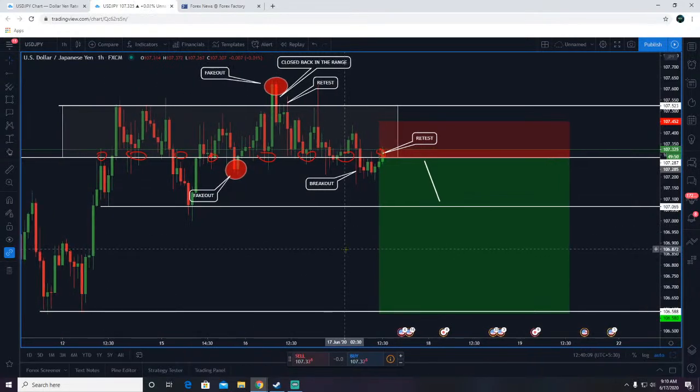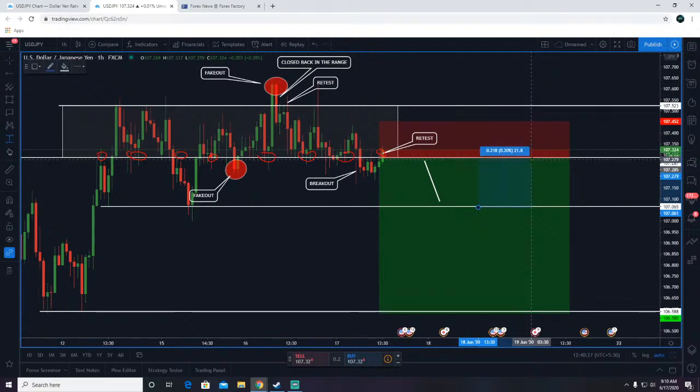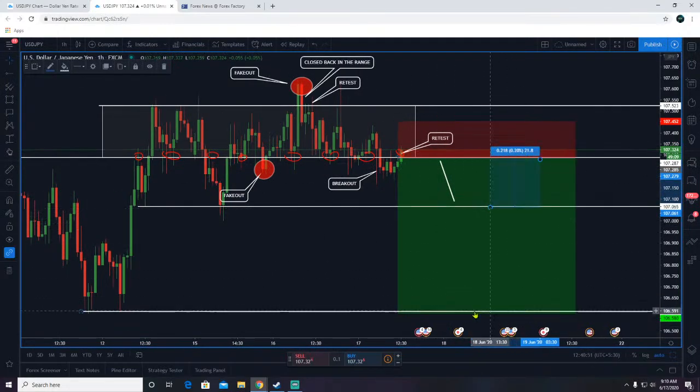See, it has a lot of big potential to continue down. I'm expecting a big move today here on UJ, and we'll see. This is the next range I'm expecting to fill for UJ, and you can see the last time that happened here. It's only 20 pips, but UJ has small ranges, so don't expect too much. But if we break then also this support, it has to continue all the way down